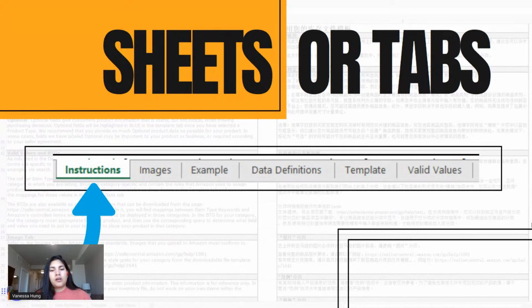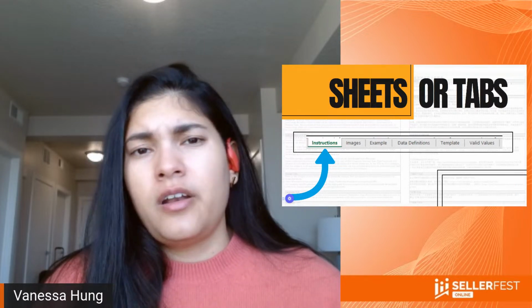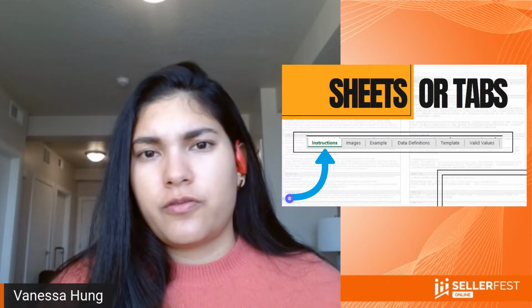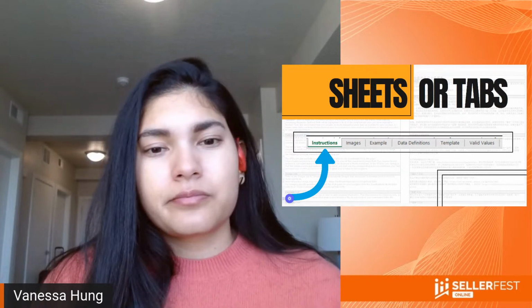Okay, so the most important template, my favorite ones, and the ones that I really use the most are data definition and valid values. Example, images and instructions are really just to show you how it's done, but it doesn't really give you much information. And if you've already seen this video, you probably don't need it.